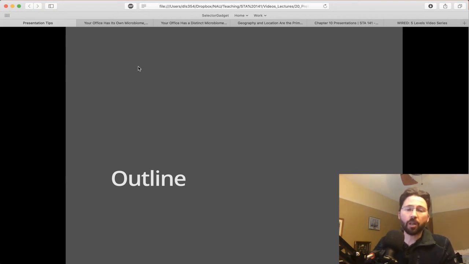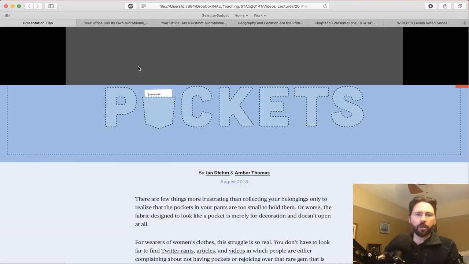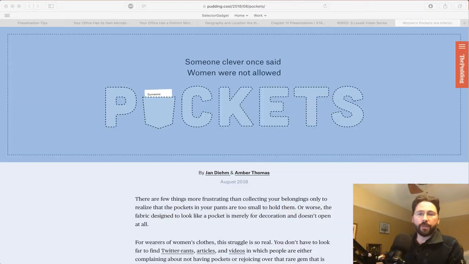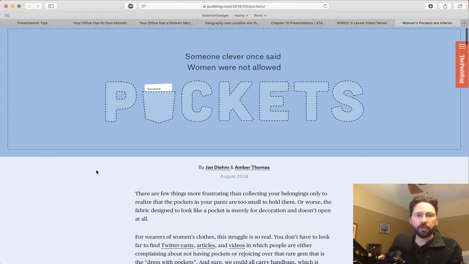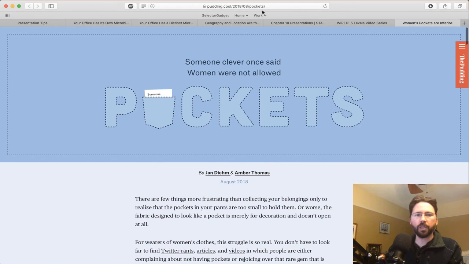But it turns out that a lot of articles that are presented in the media actually follow the same setup. An article that went viral a couple of years ago was this one. This is from a website called pudding.cool, an online magazine, maybe, I don't know. But at any rate, they have an article talking about women's pockets. If you search for pudding women's pockets, you'll find it, but the link is right here